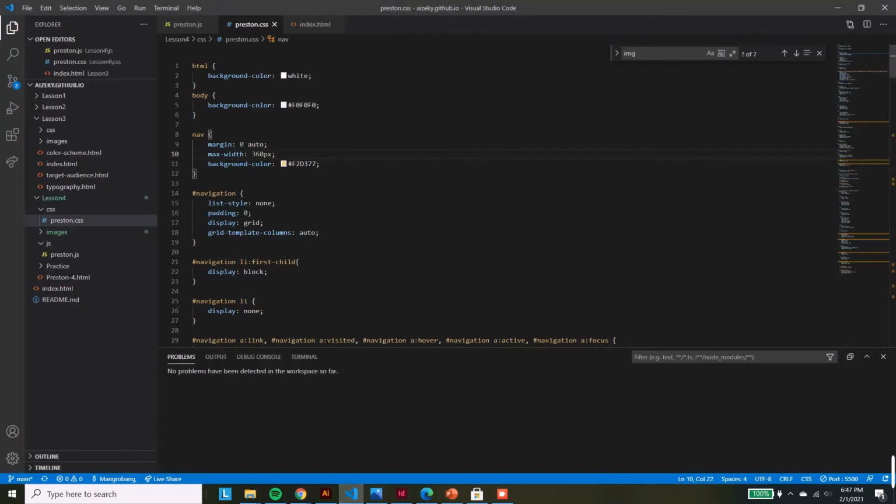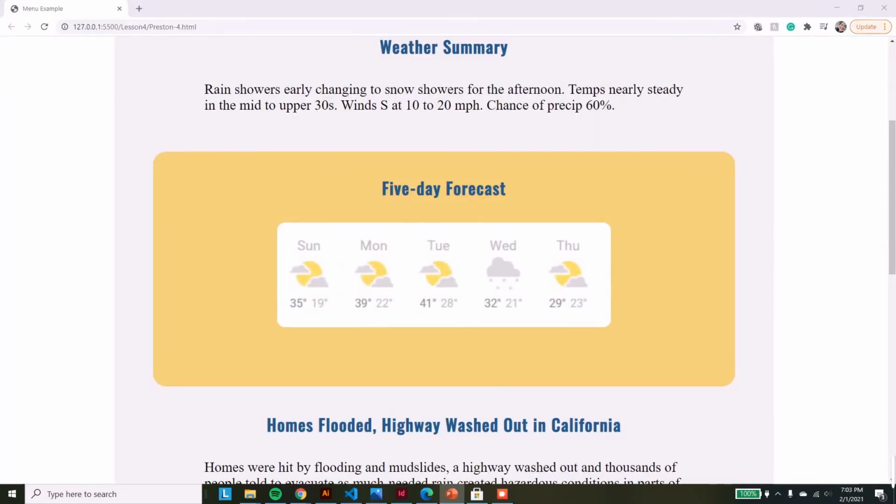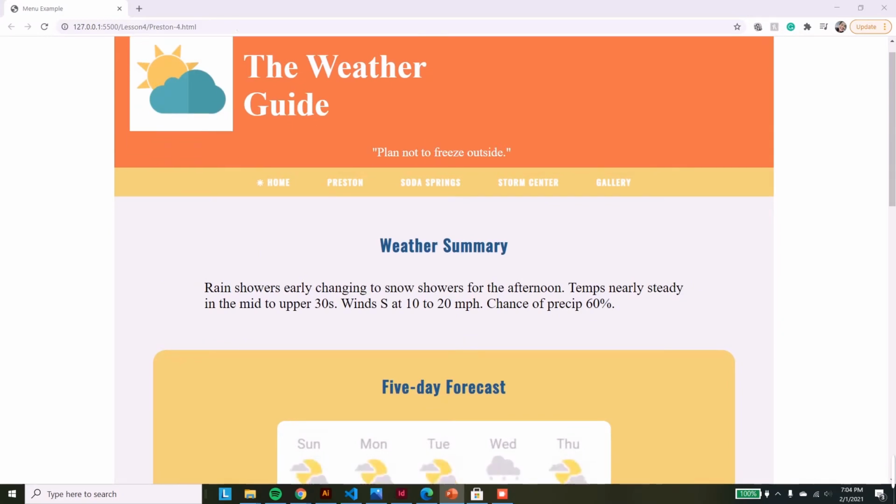Because pixel is an absolute unit, the property didn't change, and it stayed the same size in whatever device you're using. Cool. So the next example is just